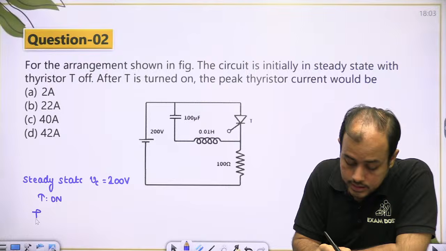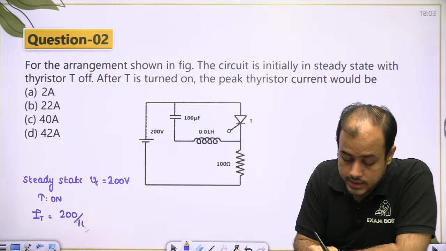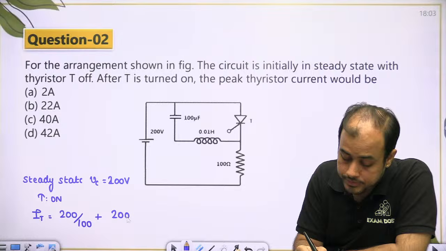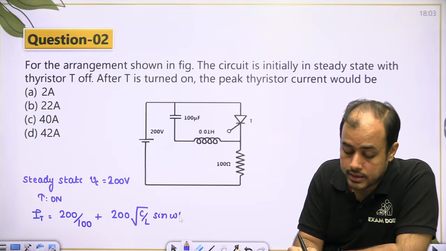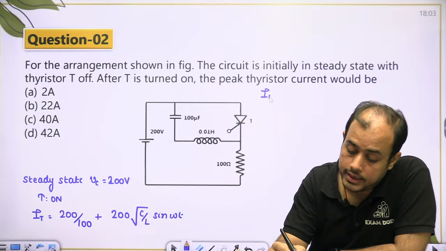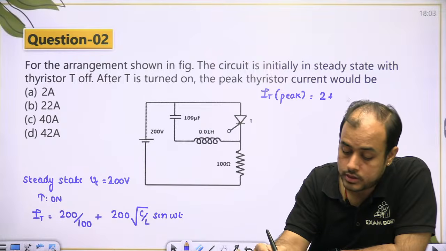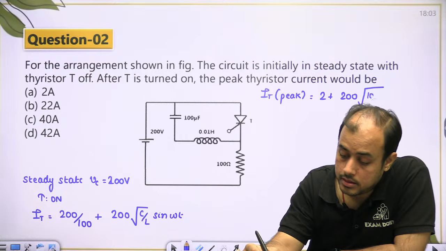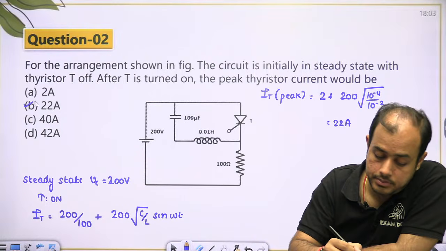When thyristor is turned on, thyristor current will be 200 by 100, that is the load current, plus capacitor current, the LC oscillator current. So peak current of thyristor would be 2 plus 200 root C by L, 22 amp. Okay, answer is